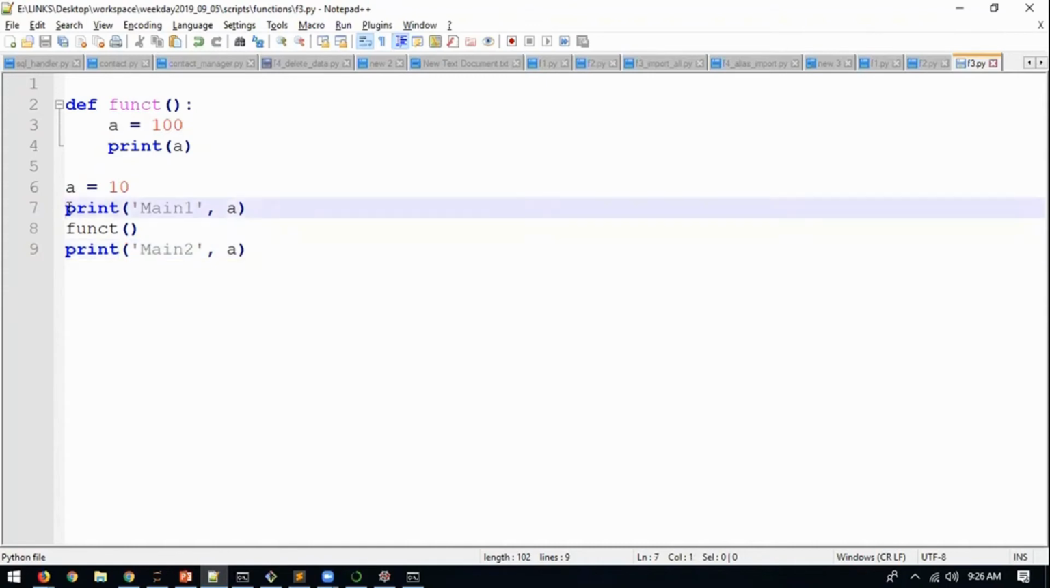See, there is one print line in line number 7. It will print what? 10. Then you call func. Func goes there, jumps there. A becomes what? 100. It will print what? Only 100, the number, not main 1, main 2. Then after that, it will come back to line number 9 and it will print what? 100 or 10. There are only 2 options. So it will be 10, 100. Third line will be